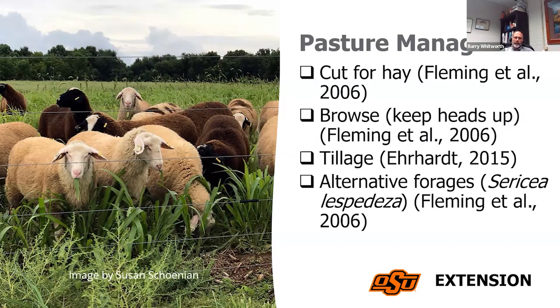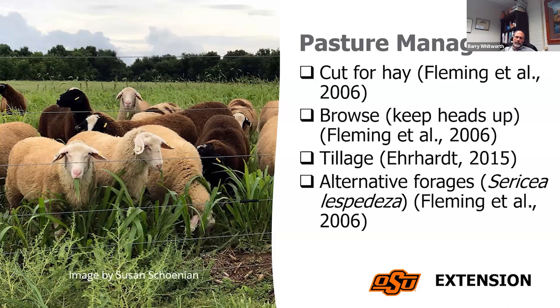Also, there are other ideas about pasture management, like cutting it for hay. Usually when we do that, you're going to eliminate those L3 larvae. They're going to get caught up in the bale, and the bale should get hot enough that it kills them. Although there has been one report swearing that they fed clean hay to lambs and they got heavy infections with Haemonchus. Again, keep their heads up, making sure they're grazing high and off that ground.